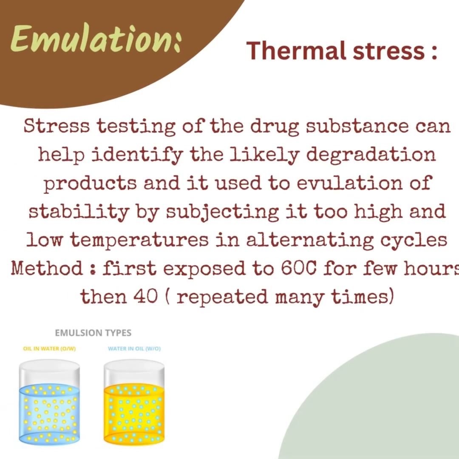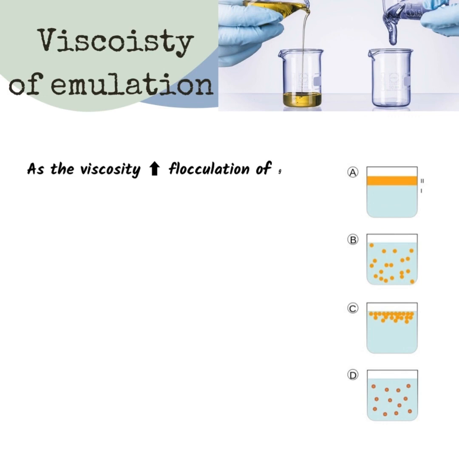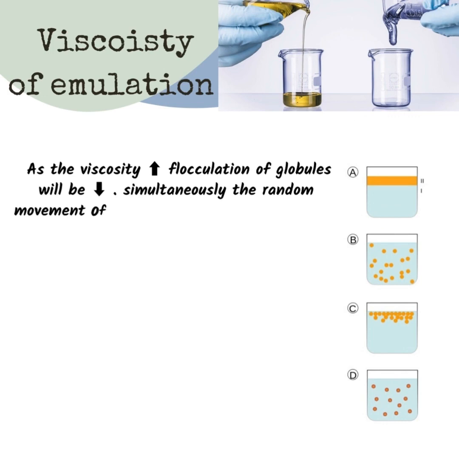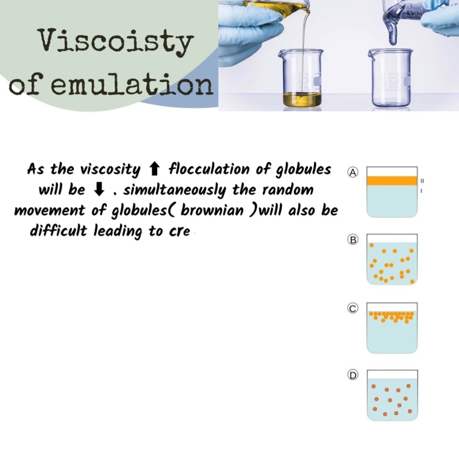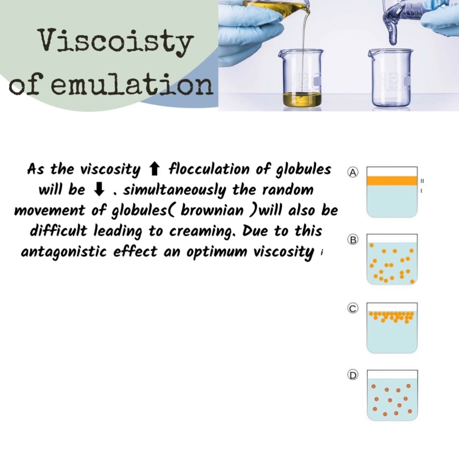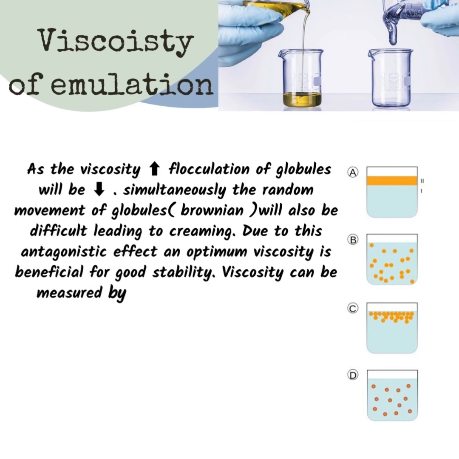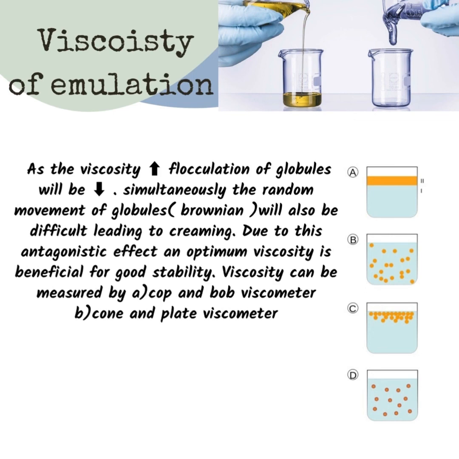We have here emulsion. Thermal stress of the drug substance can identify degradation products and is used to evaluate stability by the high and low temperature alternating cycling method. Viscosity of emulsion: if viscosity is increased, fluctuation is decreased and random movement will also be difficult, leading to creaming. Due to this antagonistic effect, an optimum viscosity